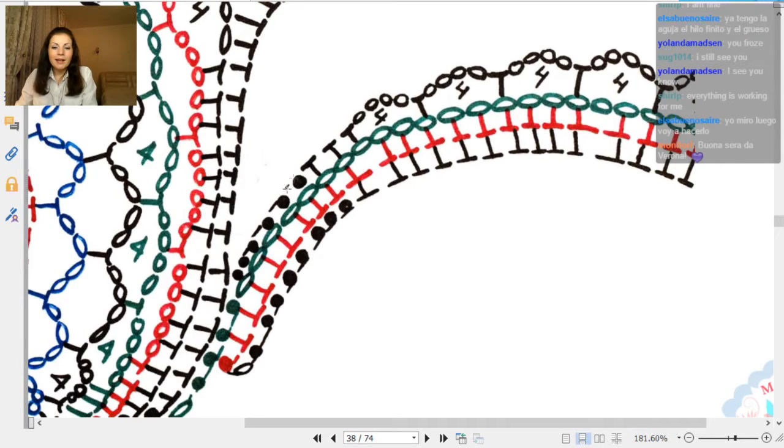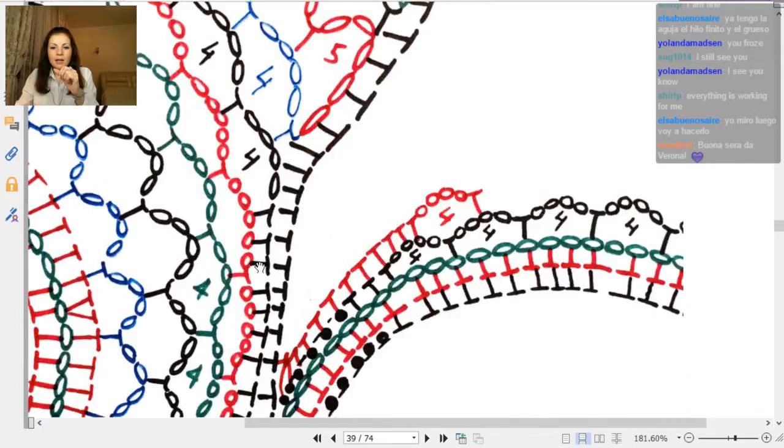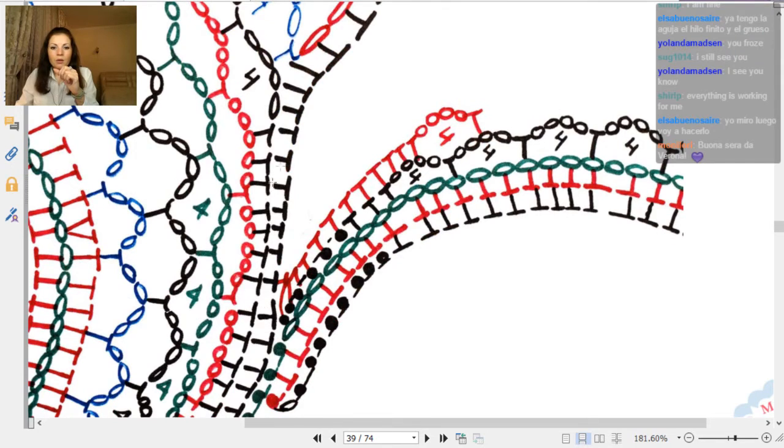Here you can see how to finish this row. In this area we have a lot of slip stitches, small stitches. Just I don't want to make this area too big, that's why we have these small stitches here. Next you can see how I join to the wall of first leaf. I made here 1 stitch, 1 single crochet, turn this element and start to make all these stitches to this